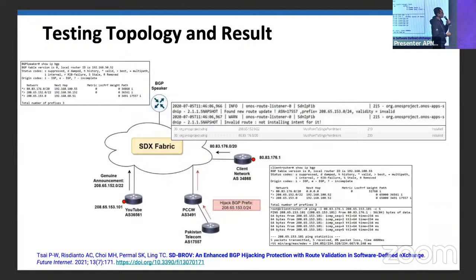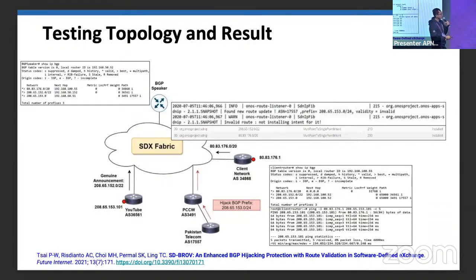Even though it's received by the BGP speaker, it's also distributed to some of the members here. You can see the members still have the hijacked prefix. But the controller knows that one prefix is actually a result of hijacking. After analyzing, or consulting with the RPKI validator, it says this is not valid because it has an invalid AS number. It should come from here, but actually it's coming from here.